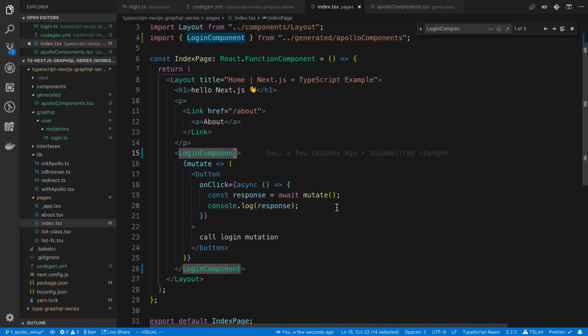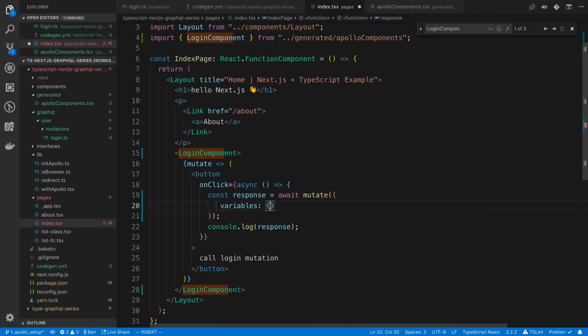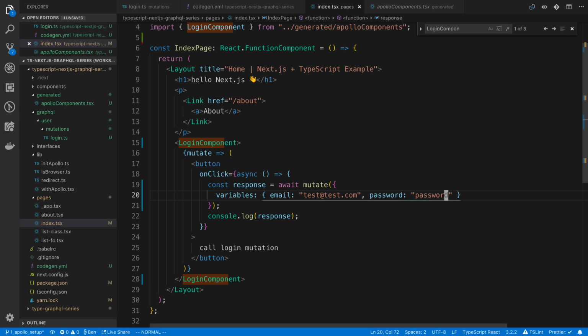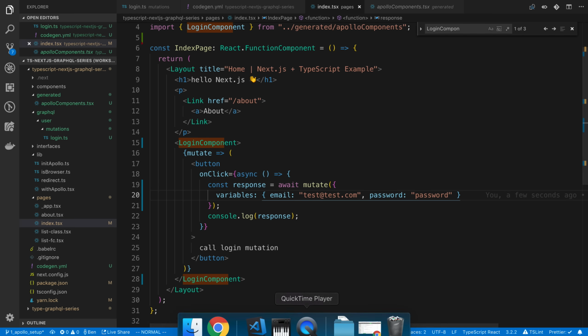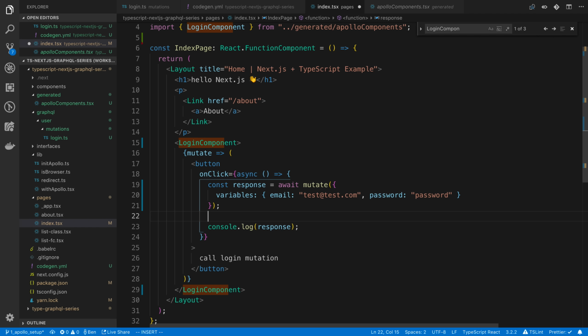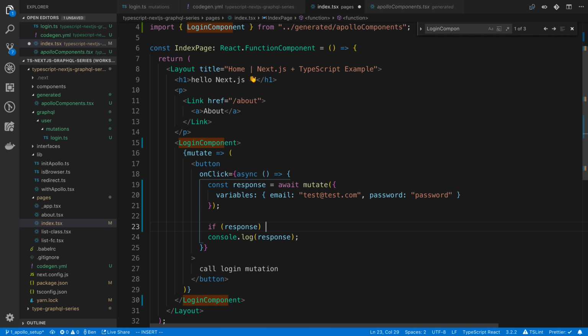So when I talked about types earlier, what that means is when I pass in, for example, variables, and I hit control space, it's going to tell me which variables I can pass into this. So we know we need to pass in email. It knows I need to pass in a password. And then the response itself, I can hover over it, and I know that there's going to be a type definition for it. So I can say, for example, if response,